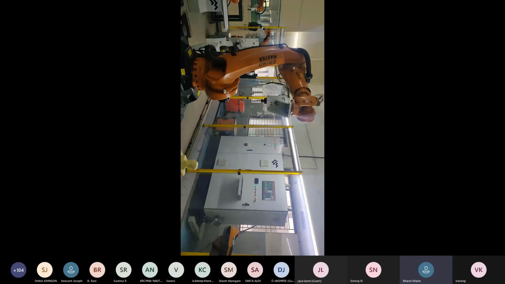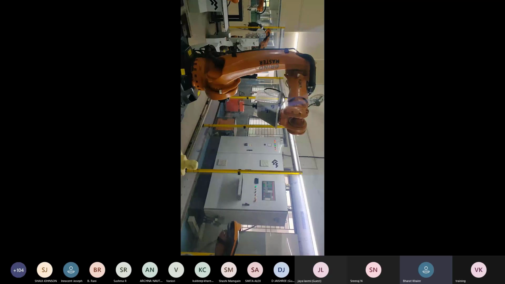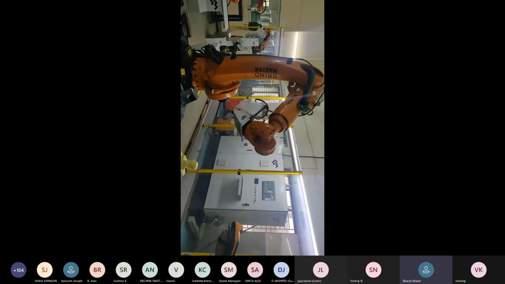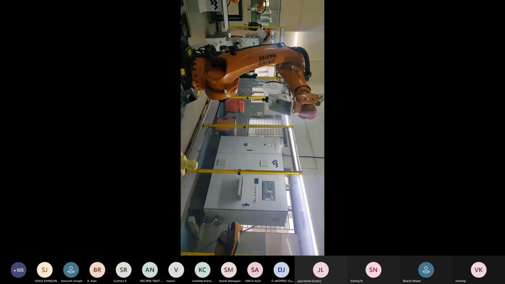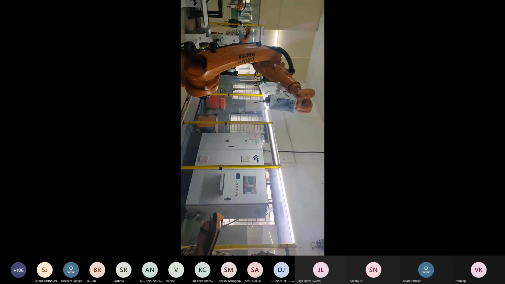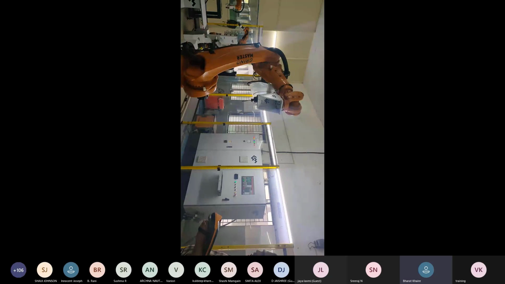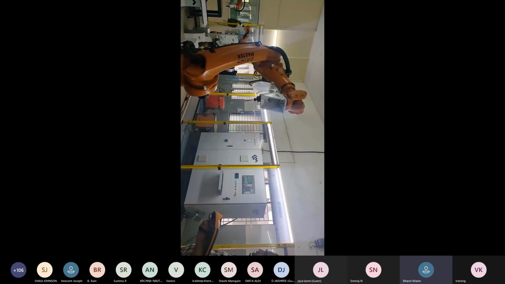Okay, this is the A2 second axis position. This is the plus side and this is the minus side. This is A3, joint number 3. You can see there, upside, this is plus clockwise and this is counterclockwise.